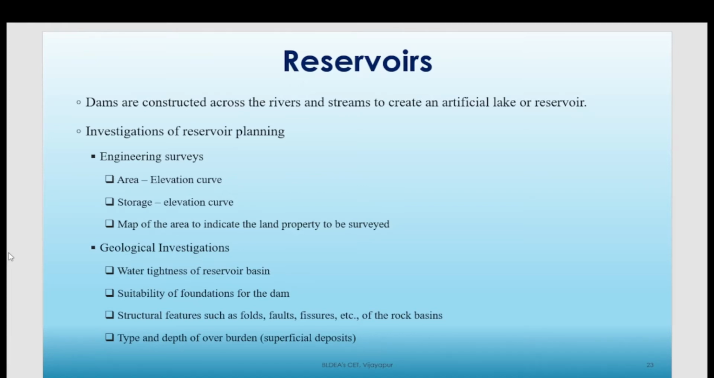Before I explain what a reservoir is, I'll just take you through a look at what a reservoir will look like. For example, I'll take the Almatti Dam. I'll show you the aerial view of the Almatti Dam and try to explain what the components of a reservoir are. Okay. Right. So before going to that video, we'll try to understand the difference between a dam